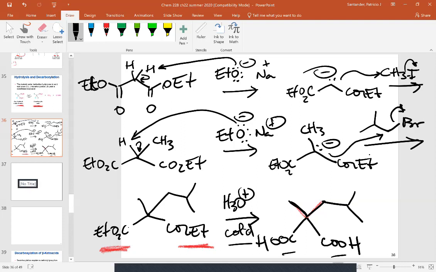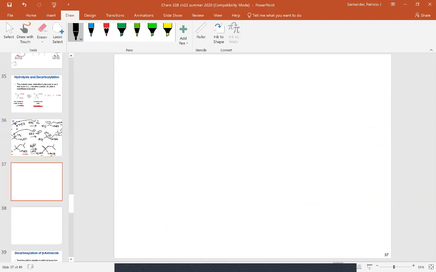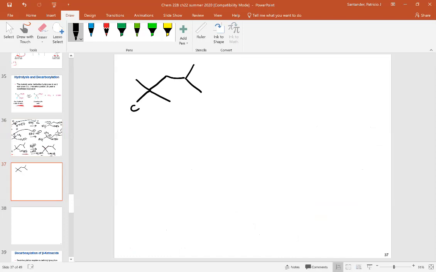But now let's see what happens if I have hydrolysis with heat. So if I do it with heat, this is going to be more interesting,